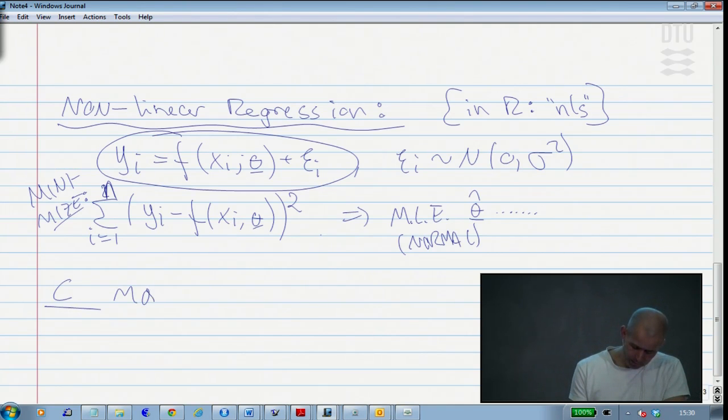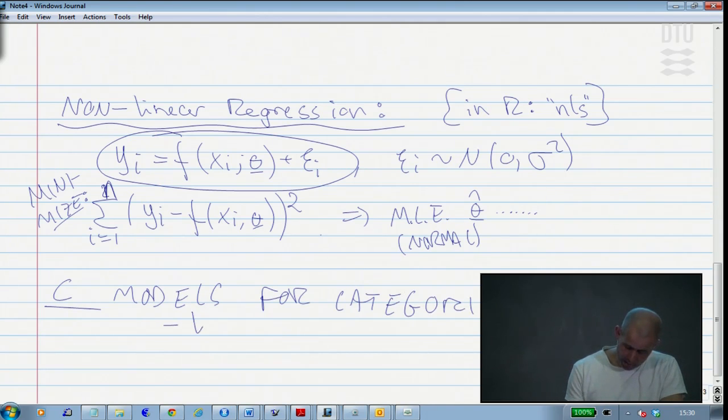So that would be, what about models for categorical data? Could be maybe binomial outcomes, as I mentioned, or maybe Poisson outcomes where we count something,